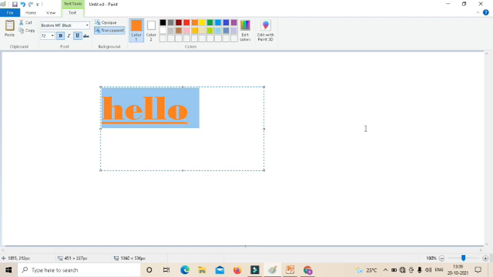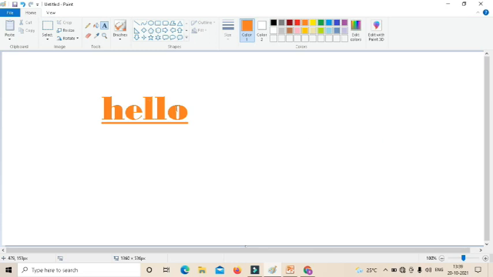Okay, and next is different shapes, line, curve tool, etc. You can see the line tool over here. The line tool is used to draw a straight line. And below the line tool, you can see the curve tool. The curve tool is used to draw curved lines.